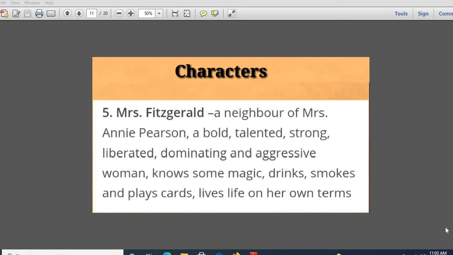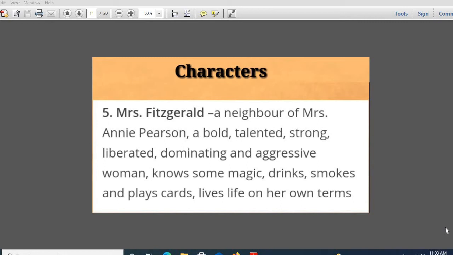Yes, Mrs. Fitzgerald. You can say Mrs. Fitzgerald acted as the catalyst in this drama. Her character is definitely very important. She is like the catalyst, we can say. And as I told you, she is the next door neighbor of Mrs. Annie Pearson. And see, her nature, her character is poles apart in comparison with that of Mrs. Annie Pearson,